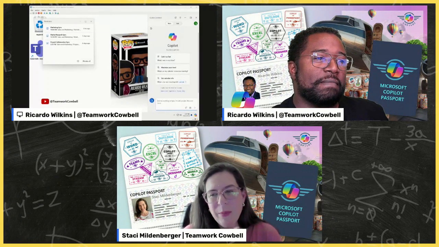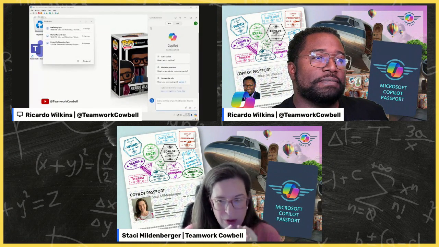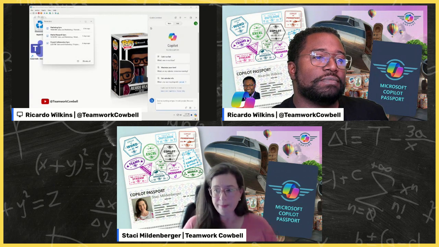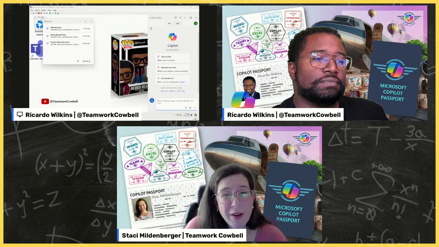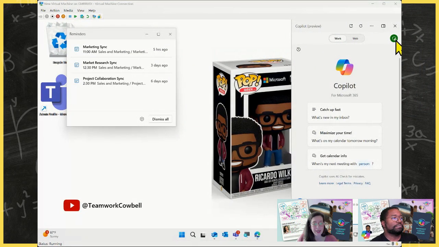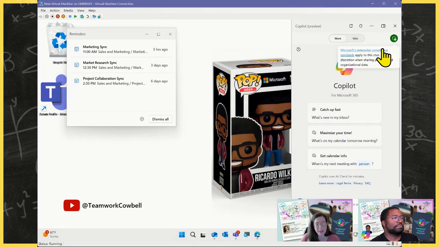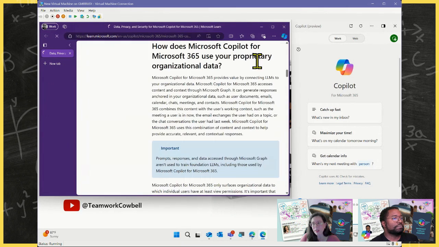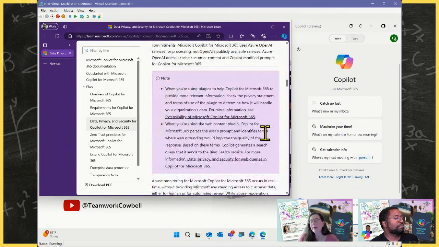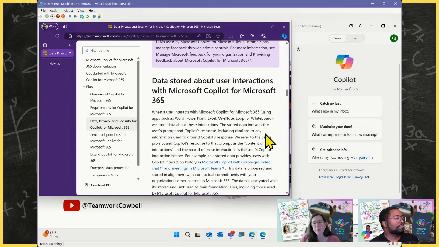Enterprise data protection refers to the controls and the commitments under the data protection addendum and those product terms that come with Microsoft 365 when you're using it as an enterprise customer. So those are now going to be extended to Copilot and from Microsoft 365.